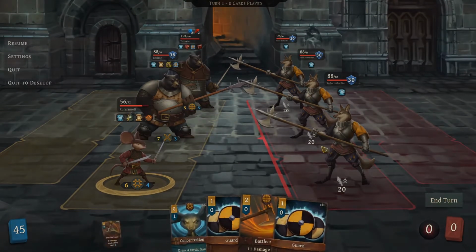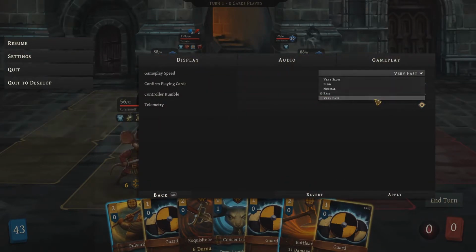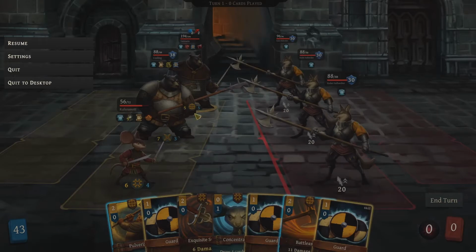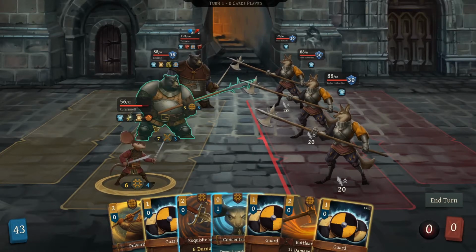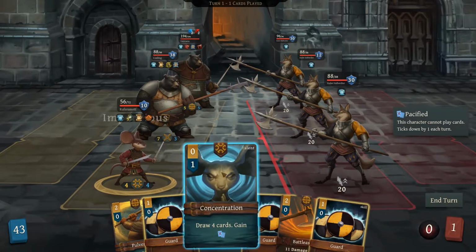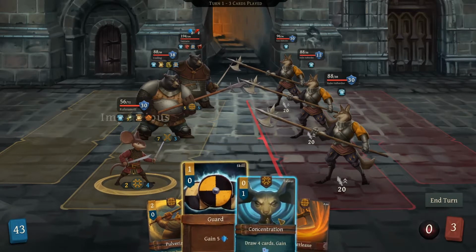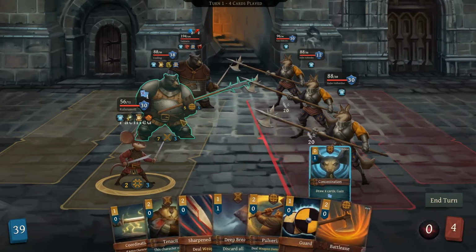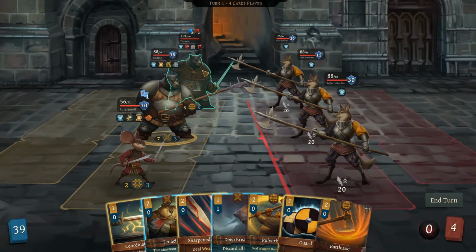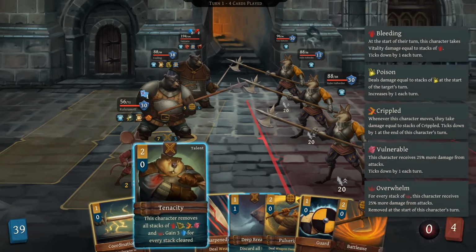I think I'll set it to very fast, see how fast that goes. Very fast, apply, back. Now. Oh, that's some speed right there. Now. Battle axe, 11. Let's...